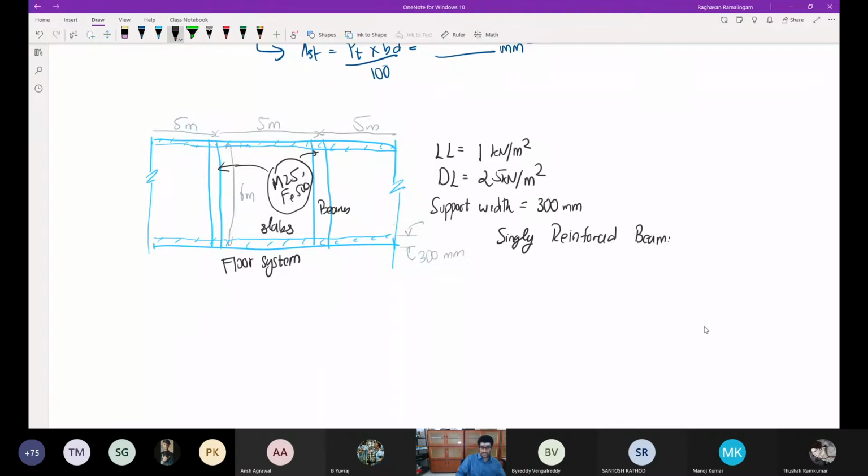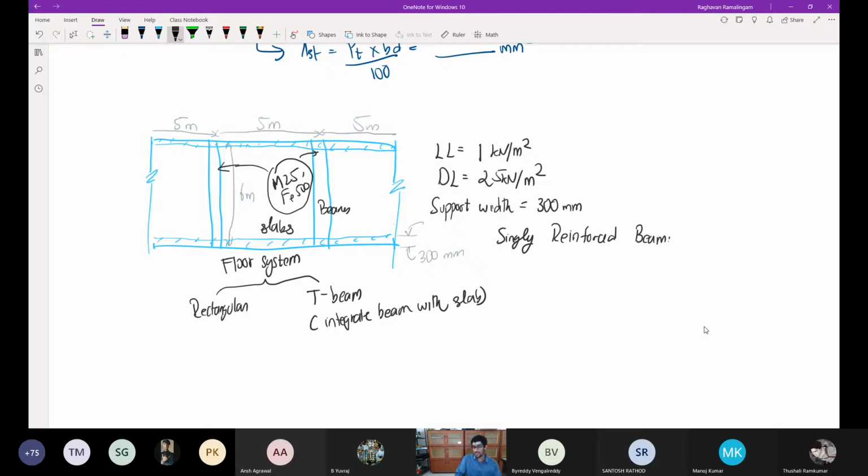Now, whenever you have a floor system, you have the option of designing your beam either as rectangular, or you can design it as a T-beam, if you integrate the beam with the slab. So these are 2 options which you have when you design the beam for a floor system.